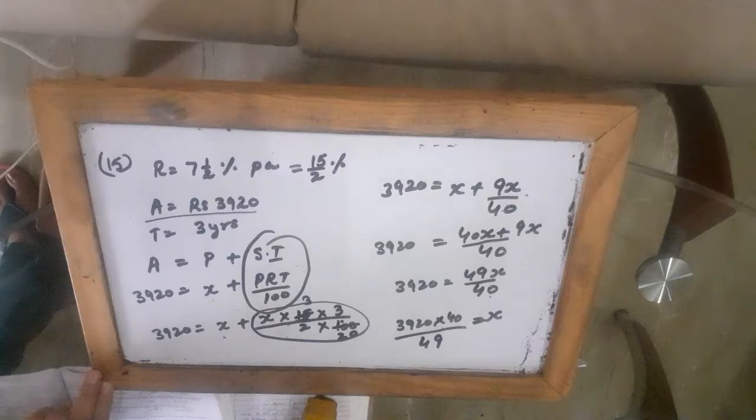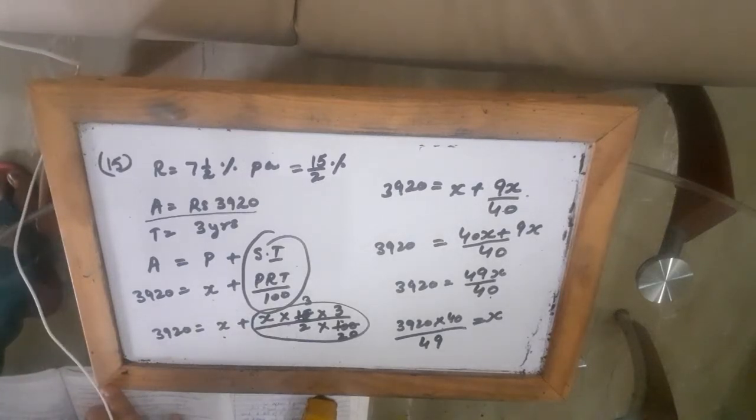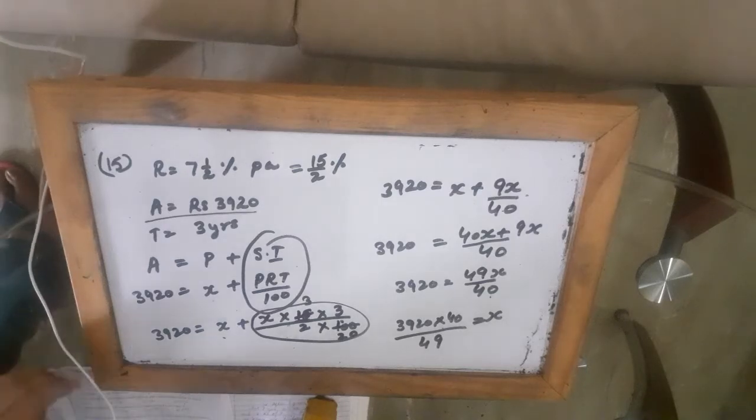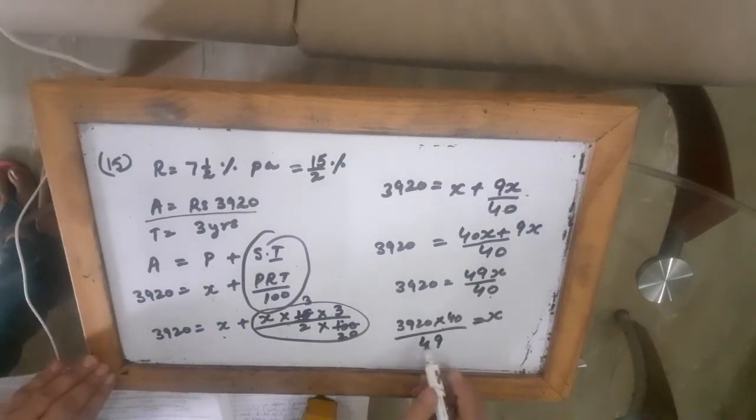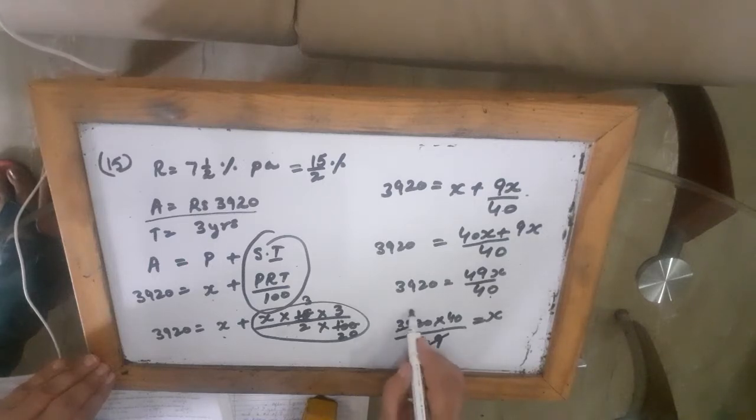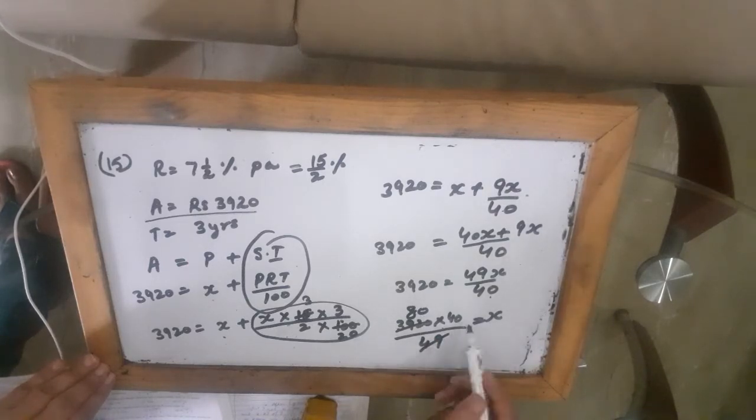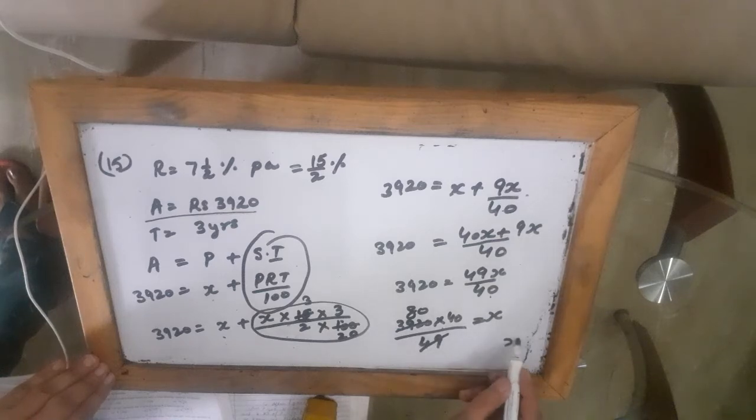So now when you cancel them, you will get 49 8s are 72... yes, 49 80 is 3920, and you get